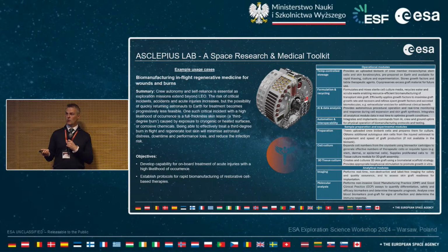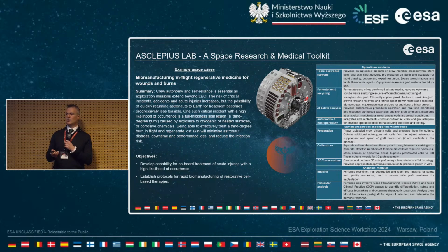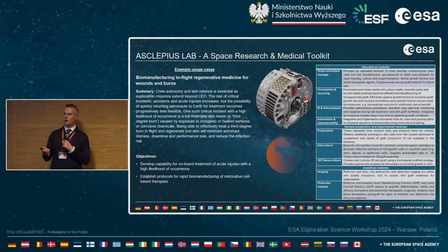to resolve on Earth. As Alex mentioned, ESA MEDOPS have really identified the risk of burns, particularly cryogenic burns on long mission durations, being difficult to treat and likely to involve infection and also result in very poor healing by themselves. So although this is one of our more ambitious user cases for missions to Mars, where we don't have ability to return crew members in these eventualities, and these become mission critical and potentially life critical to the actual crew member, developing capability for having applied tissue engineering and applied regenerative medicine on these vehicles is going to be